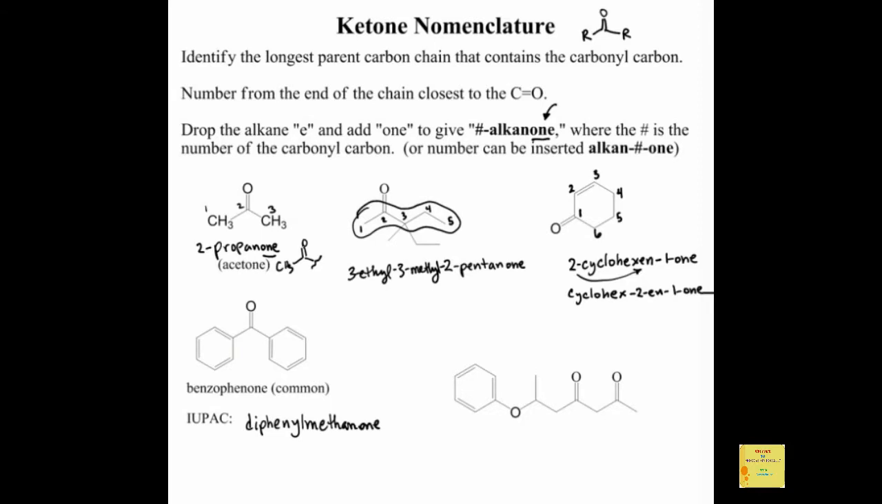And how about this last one? What if we have 2 ketones? Well, just like we could have a diol or a diene, we're going to call this a dione. So here's our longest carbon chain. We number it to give the carbonyl the lowest possible number. Run into the first carbonyl, we want the lowest possible number. And so 7 carbons is a heptane, and 1 carbonyl would make it heptanone. So this is going to be